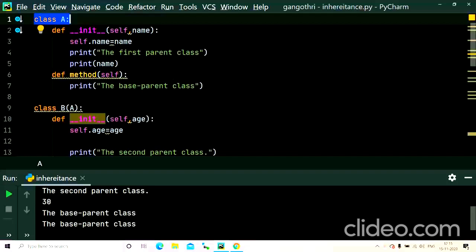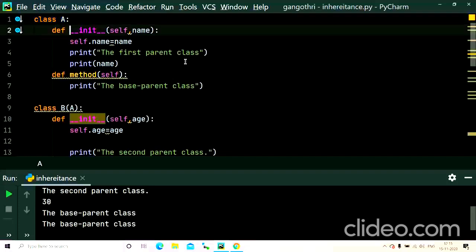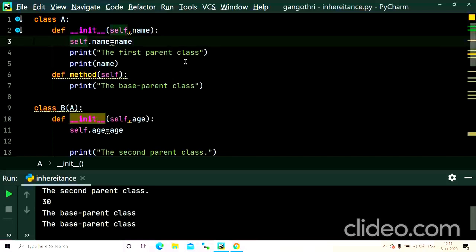Okay, and next, coming to multi-level inheritance, we inherit the properties of a parent class to a child class and make this child class the parent class to another child class. Thereby we inherit the properties of this class and the previous class to another child class. Okay, this is about multi-level inheritance. And finally, talking about hierarchical inheritance, we can inherit the properties of a single parent class to a number of child classes. Okay, so this is all about types of inheritances.